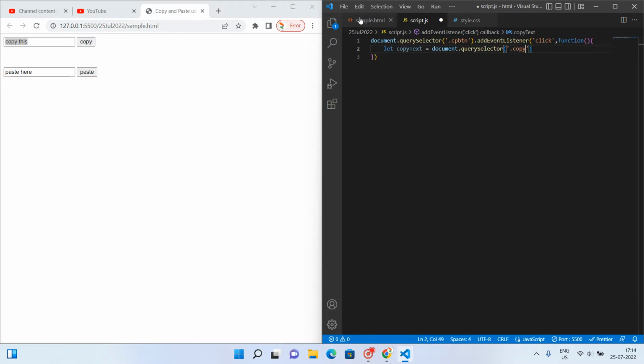Let me again see it. Okay, small letter copy text. Then whatever is written inside this copy tag, inside this input field, would get selected by using this copy text. So first the selection of this input field has been done. Now the second,